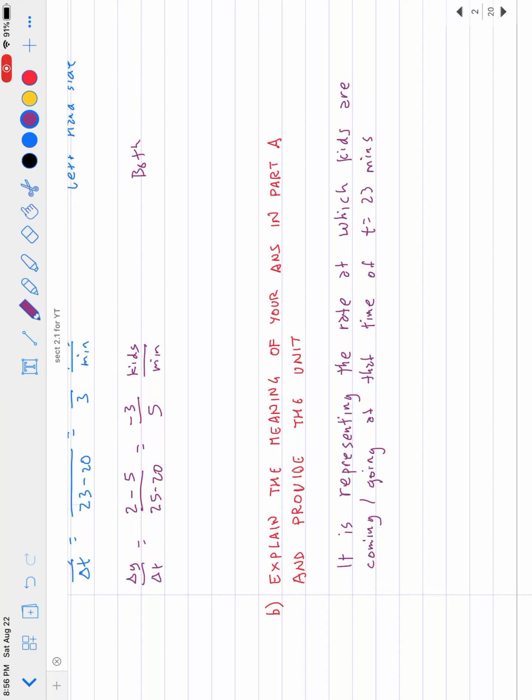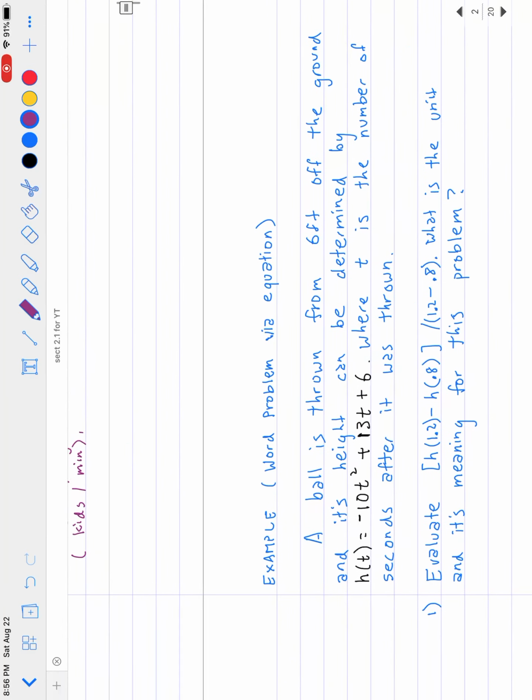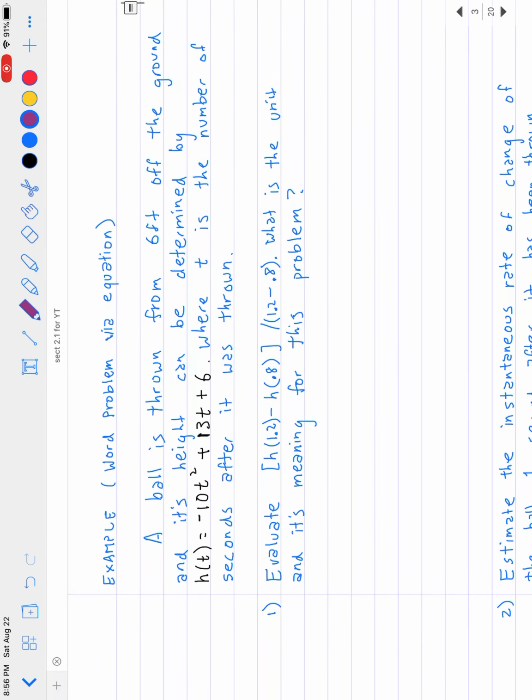And the unit for that was supposed to be in terms of kids per minute. Okay? All right. So now let's look at this last example over here, a word problem where I'm going to